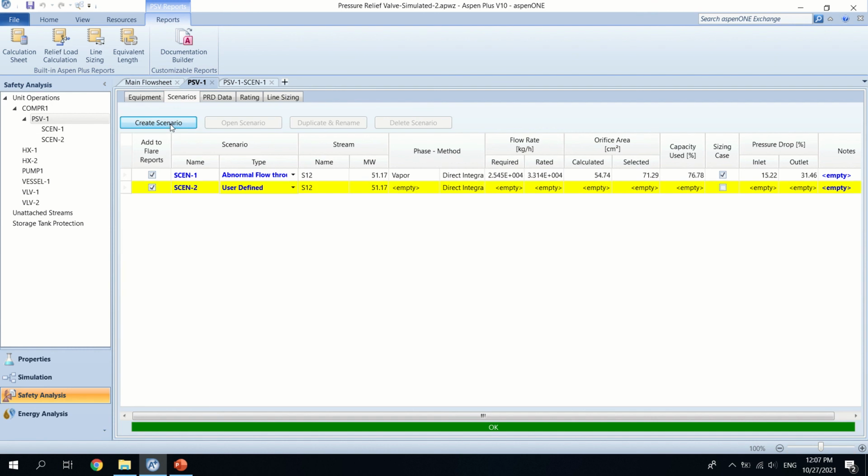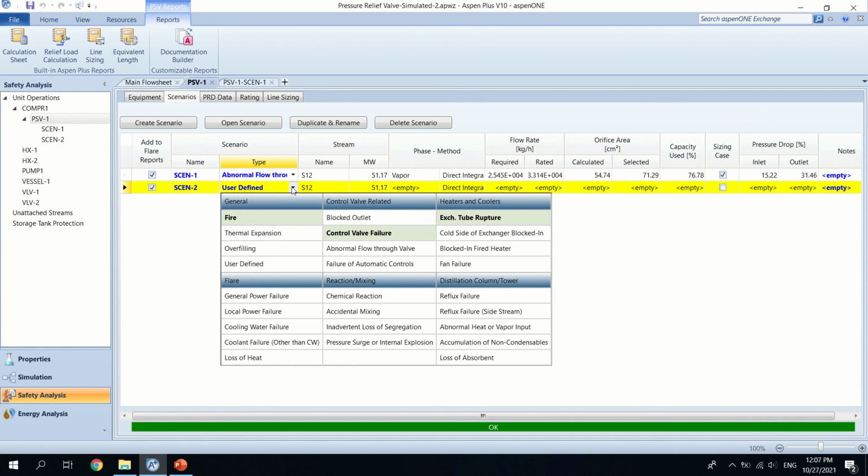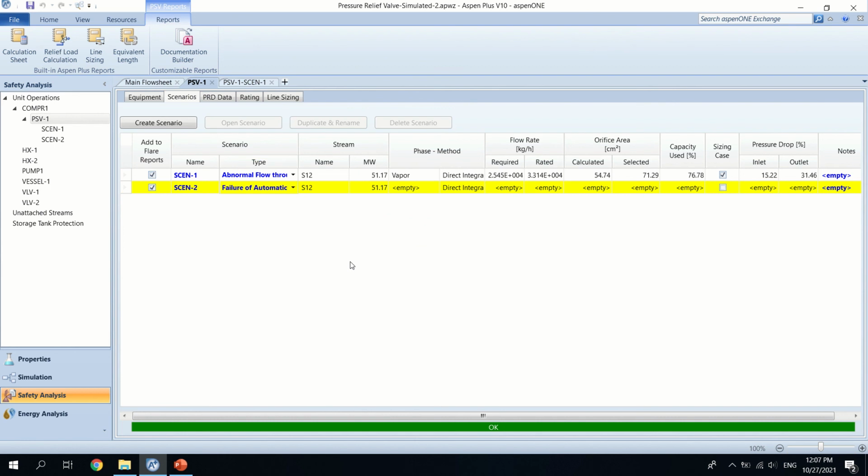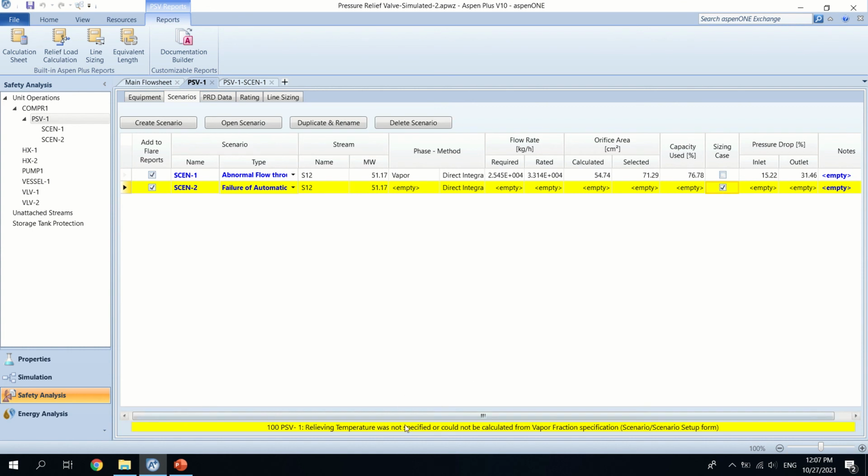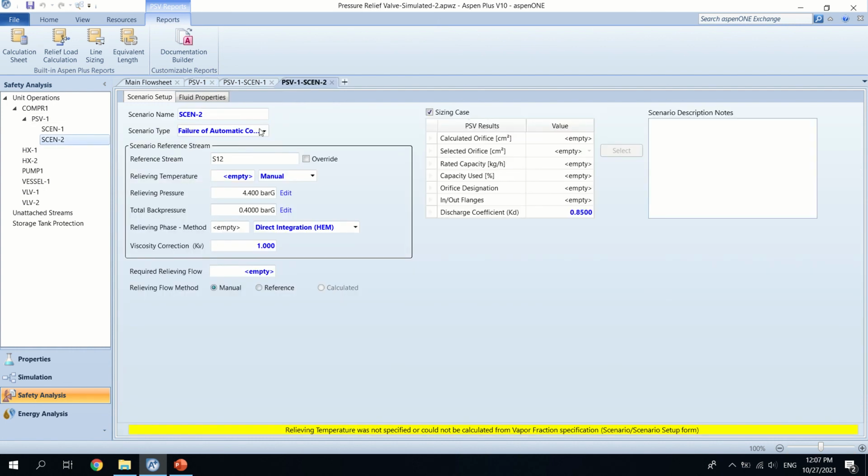For example, the type of the scenario could be failure of a pneumatic control. I can change the sizing case from scenario 1 to scenario 2. If I change it, I should size the line sizing and the other parameters. I select this. It says the temperature should be specified. I open the scenario, failure of automatic controls. The relieving temperature is according to the reference,